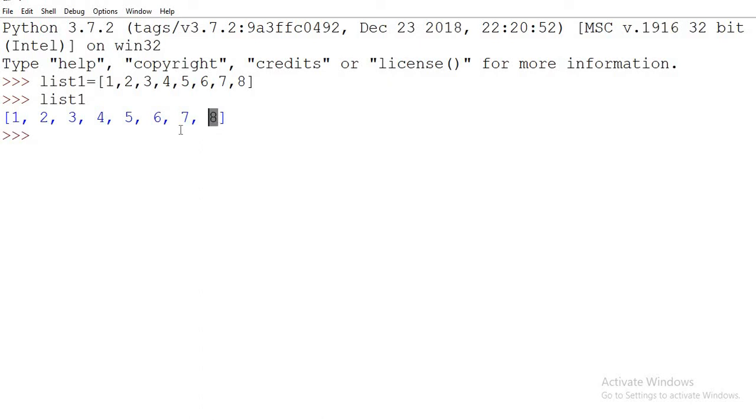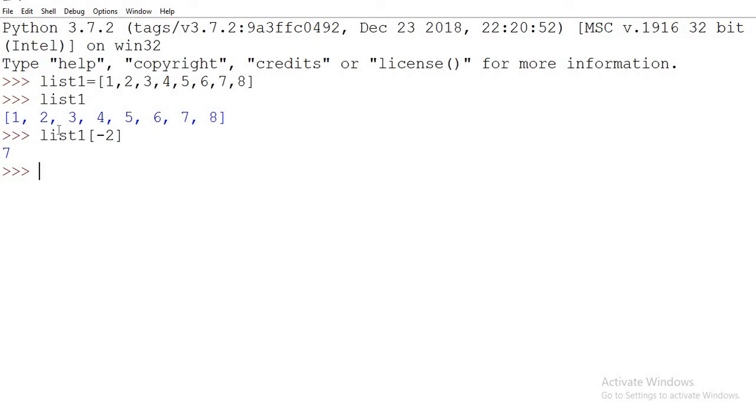Now as we know, string maintains negative indexing, in that way list also maintains negative indexing. In case of negative indexing, it will start from -8. Why? Because you have a total of 8 elements in that list. So it will go -8, -7, -6, -5, -4, -3, -2, -1. So if I try to print -2, according to me it will print 7. Let me just check. Yeah, it is printing 7. So list also maintains two types of indexing: one is positive indexing, another one is negative indexing.